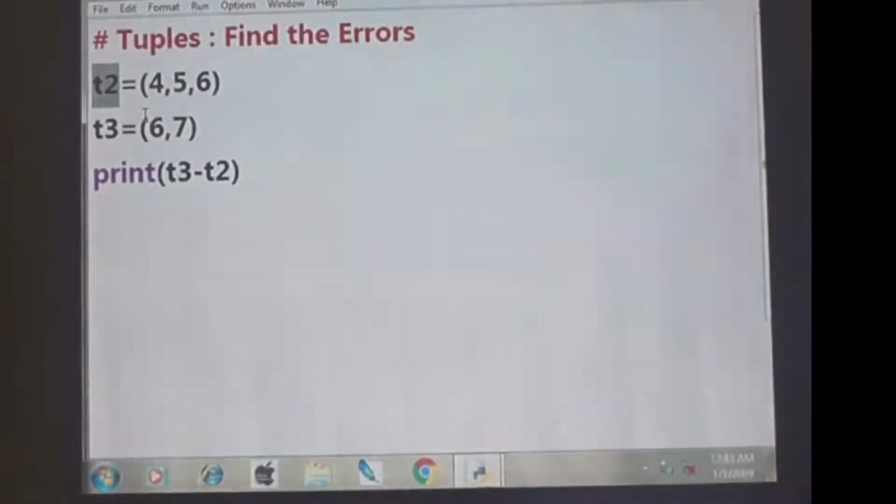You tell me. T2 is a tuple. Yes, of course. Because a rounded bracket is there, comma is there. That means it is a tuple, no doubt. Then T3, rounded bracket is there, comma is there. Of course, it is also a tuple. So is it possible to minus a tuple minus another tuple?